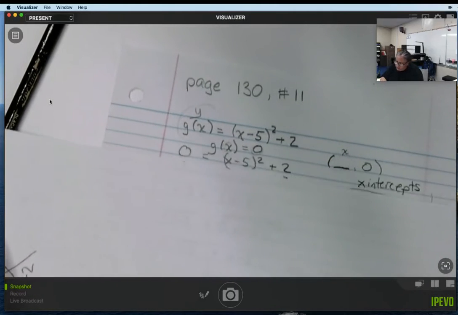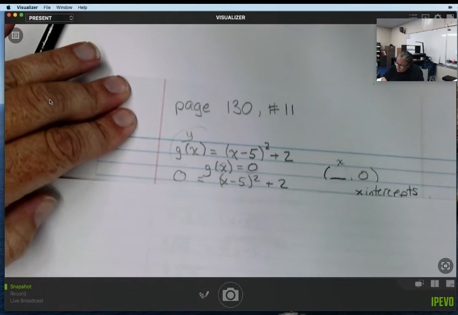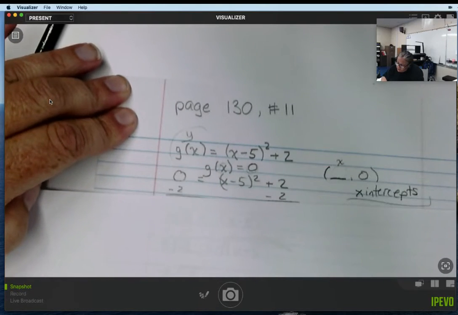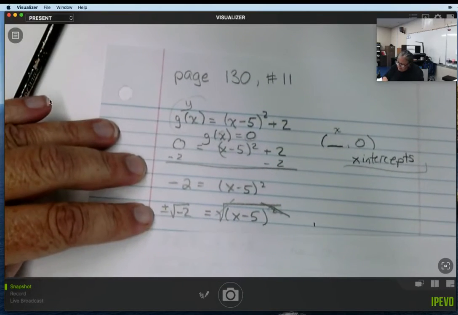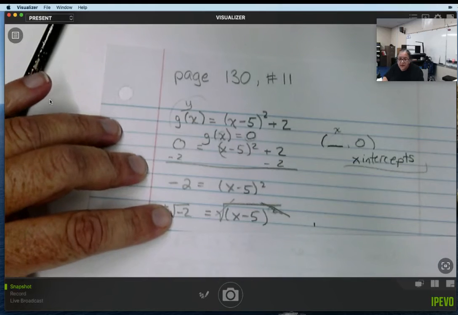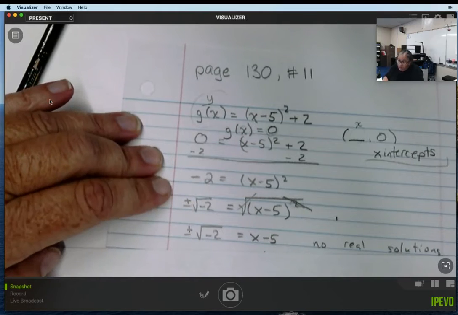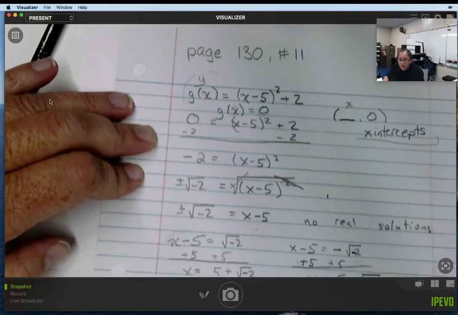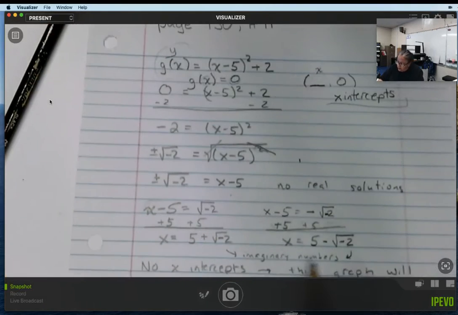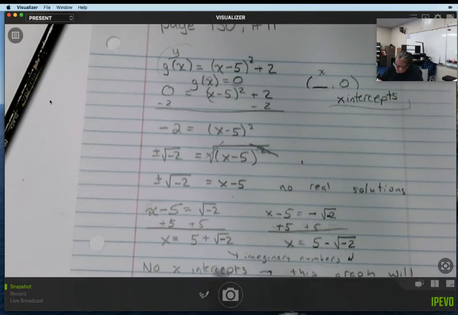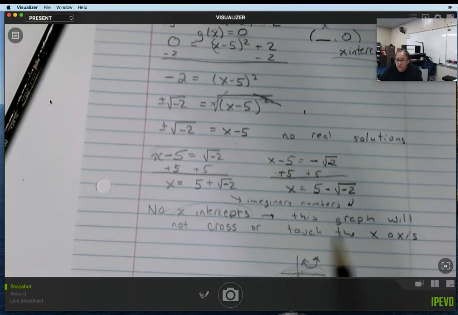Another thing they asked us to do was to find out what happens when g of x equals 0. So what happens when we do this is after we subtract 2 from both sides and we take the square root, we realize that we have a negative 2 under the radical. That means that there are no real solutions. Now, it is cool to go ahead and finish the problem, but these are imaginary numbers, which means we have no x-intercepts,